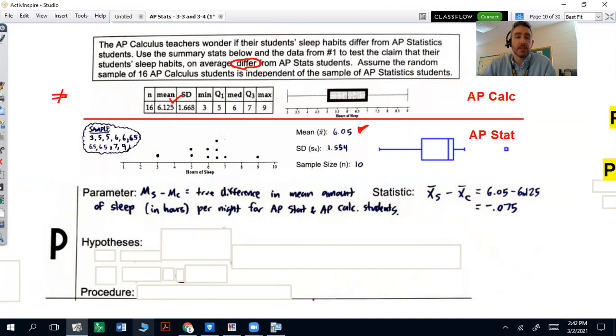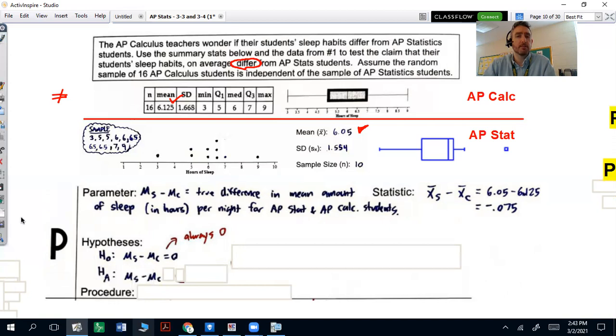Now, let's write our hypotheses. Remember, the null is no difference. The alternative is a difference. In this case, any difference, so not equal to. So for the null, we use the parameter notation, so mu of S minus mu of C. We say it's equal to 0. You could also say mu of S equals mu of C, but we usually just say subtract them and equal to 0. The alternative,